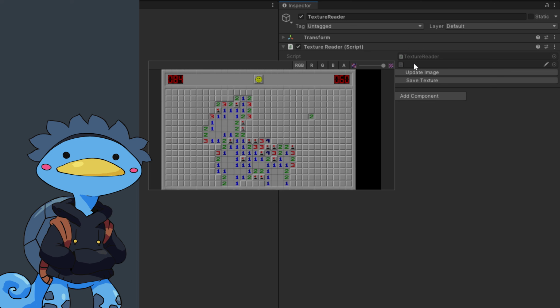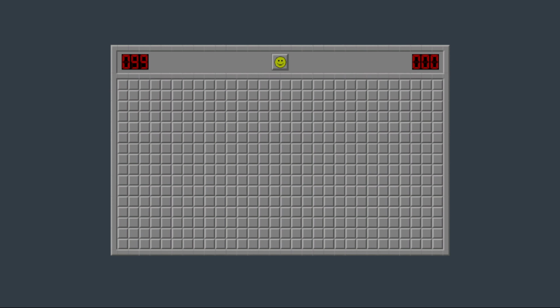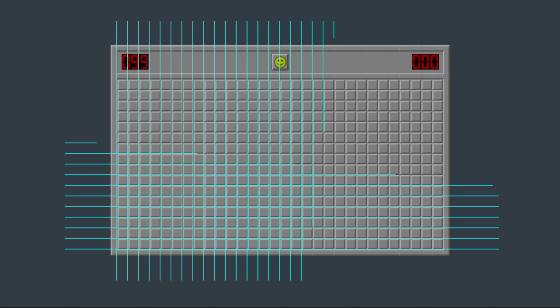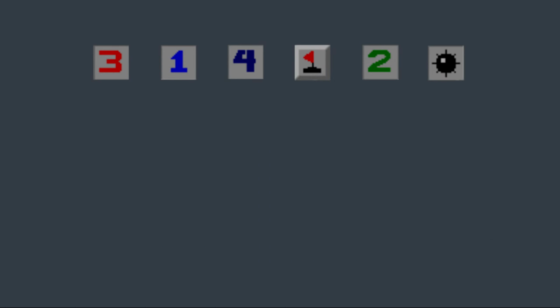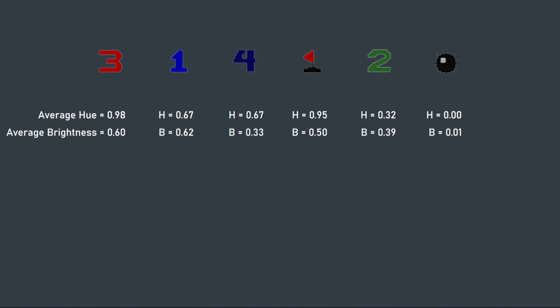So I'm in Unity with a texture 2D that looks like this. To parse the grid, I need to know where the origin pixel of the first cell is and how many pixels are in a single cell. Then it's pretty straightforward to get all the pixels in a cell, remove some padding for performance, then all the gray pixels. What's left is a bunch of colored pixels from which I get the average hue and brightness. I take an average because there might be compression or streaming artifacts that make almost every cell unique. Then it's just a matter of playing with these values and certain thresholds.